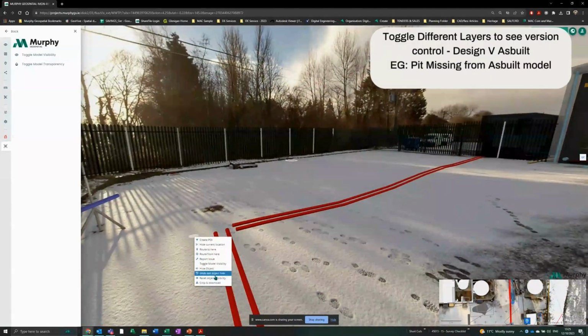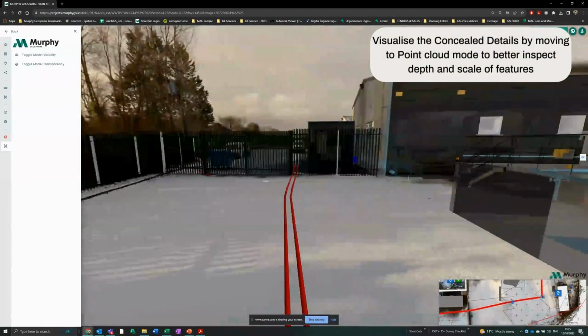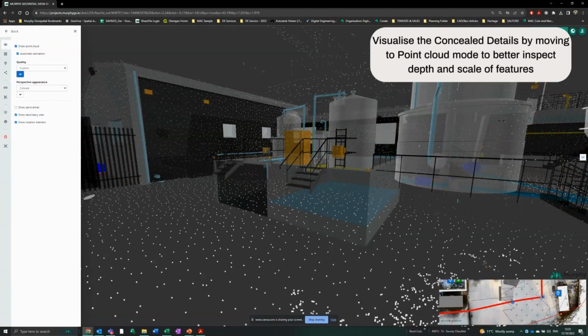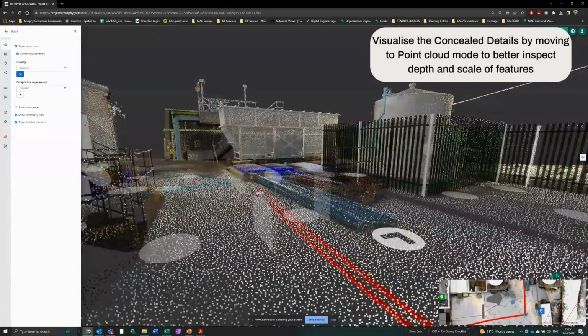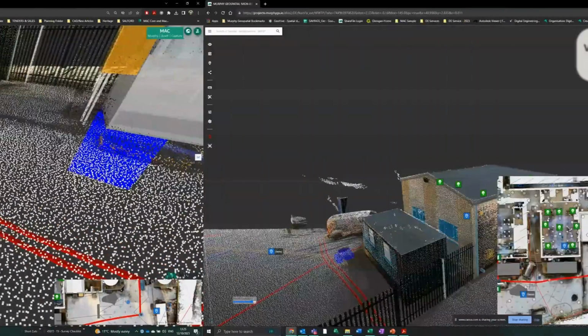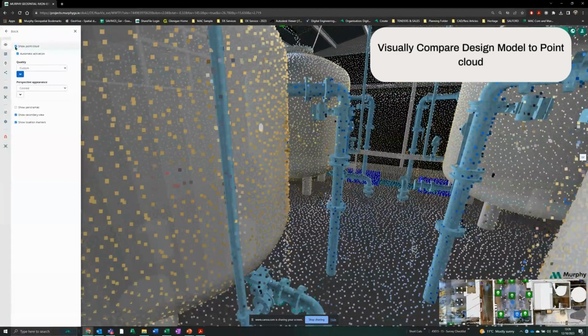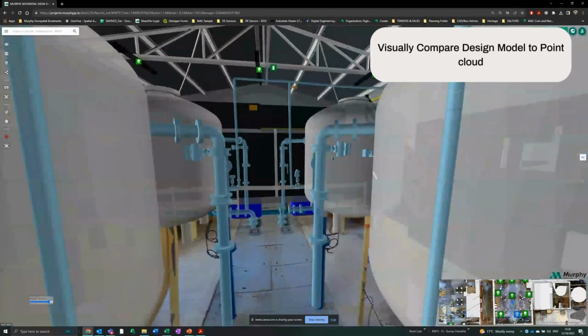Do your 360-degree walkthroughs with the Revit models, whether it's design or as-built brought on board. Visualize concealed details by moving point cloud to better inspect depth and scale. And I'll show something similar there. So this is a desktop exercise. And conversely, you can view stuff from the field or view stuff from the desktop. So you don't need to leave your desk to go to the site and look at the Revit